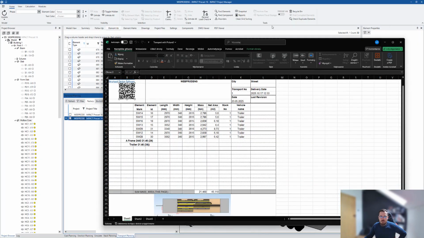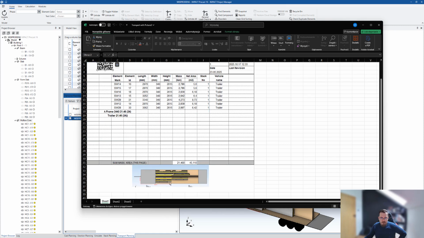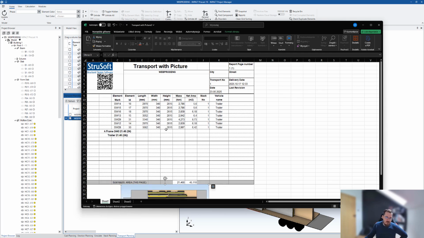We'll go to the app in a second as soon as we get the transport one. Yeah. So we've got the transport label. We've got a small picture here. We can make it bigger, of course, if need be, or realign that. And we've got a report of the transport, right? We've got a QR code. I'll scan it in a second. I think I forgot to mention that, but